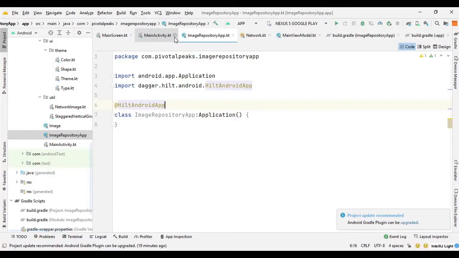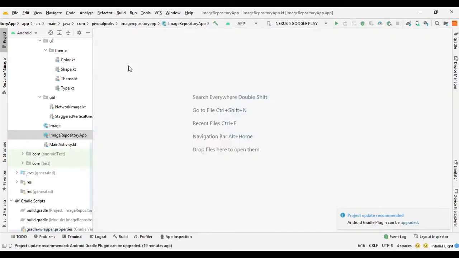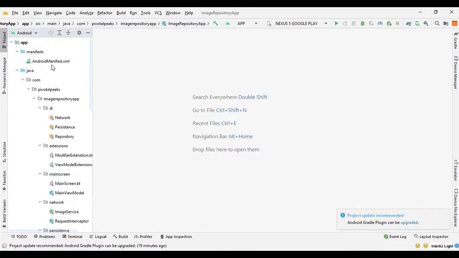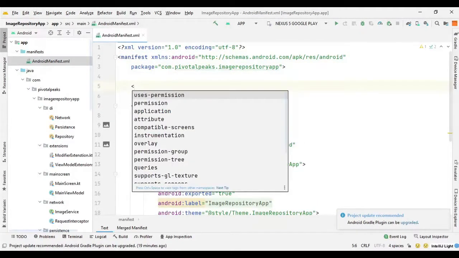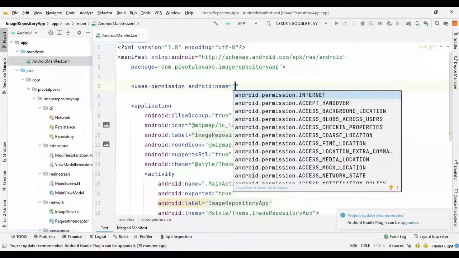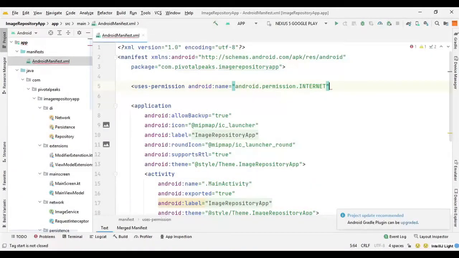Now we need to go to the manifest file to provide some additional information about the app. So we can close all of these screens and go to the manifest file. Here we need to first provide the permission for internet, so we can say uses permission, and there we just got the first permission for internet, so we can declare it.